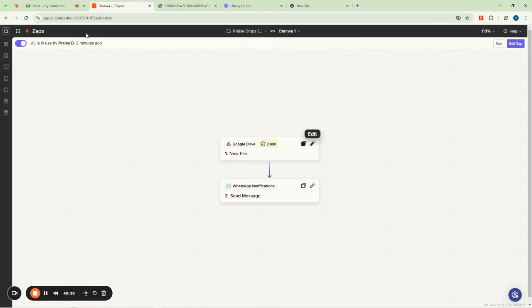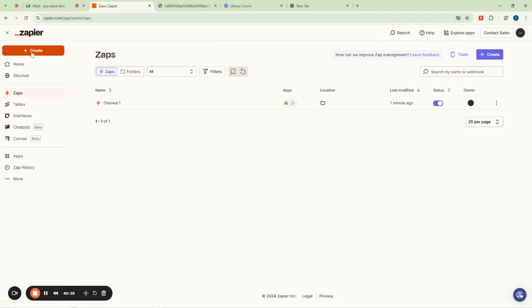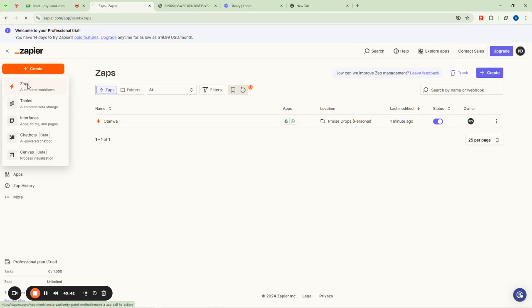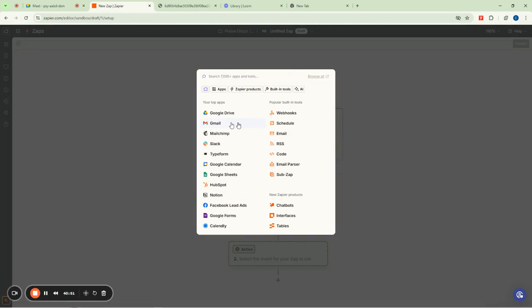So I will now go back and try to do another one again. So I can come here, click on Zaps. And when I'm here again now, I want to do it again for you guys to see that actually it's working. So I'll click on Create, and then click on Zaps. Now that I've clicked on Zap, I will come in here and I will say trigger. On trigger, I will select